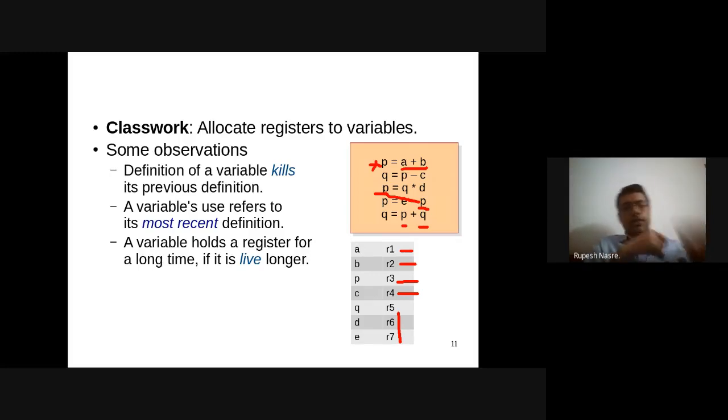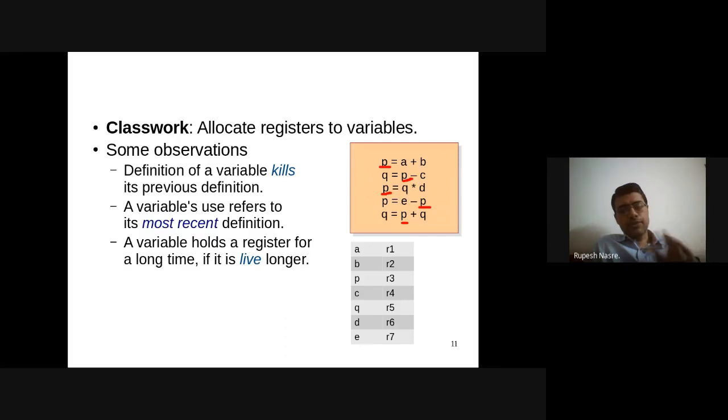So what this means is that as soon as the use of P is over, this particular P is dead. It is no longer live. Whereas this particular P is going to be live here as well as here. So we say that a variable is live if it has a future use.